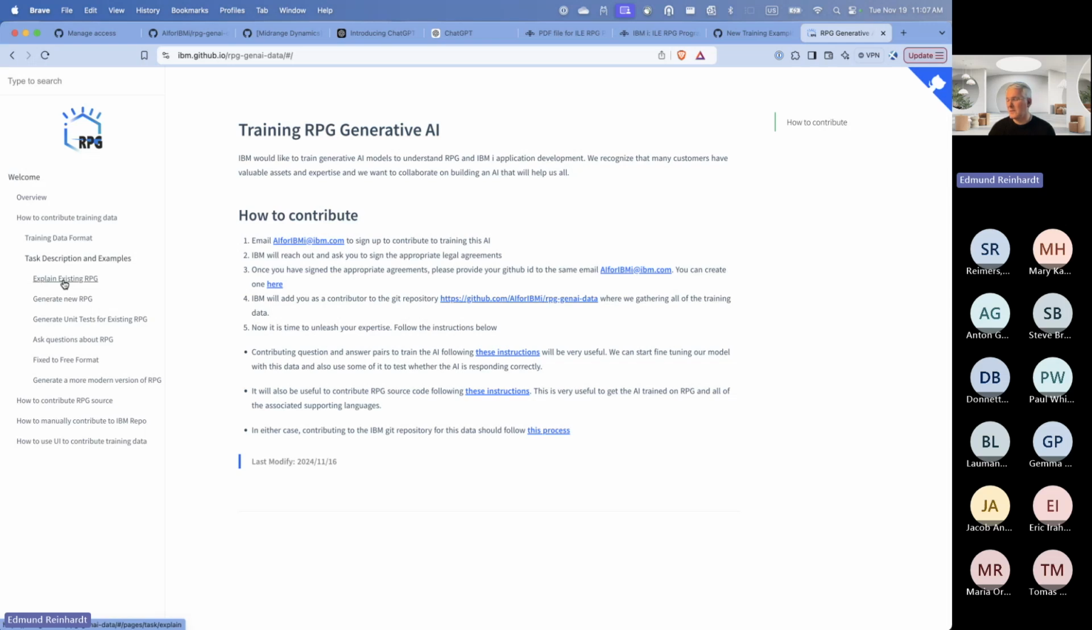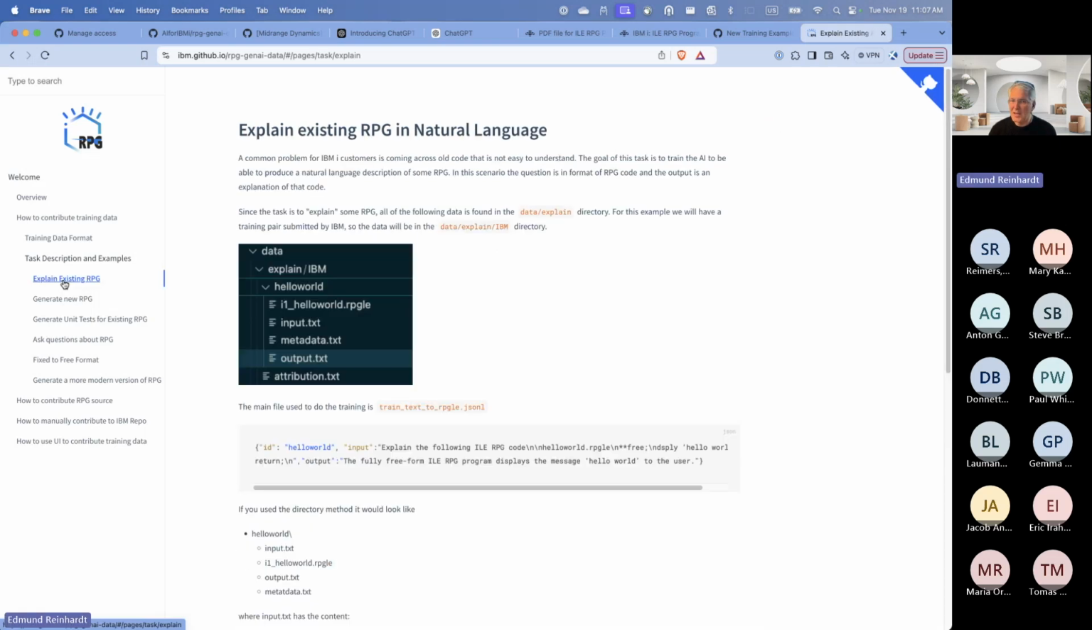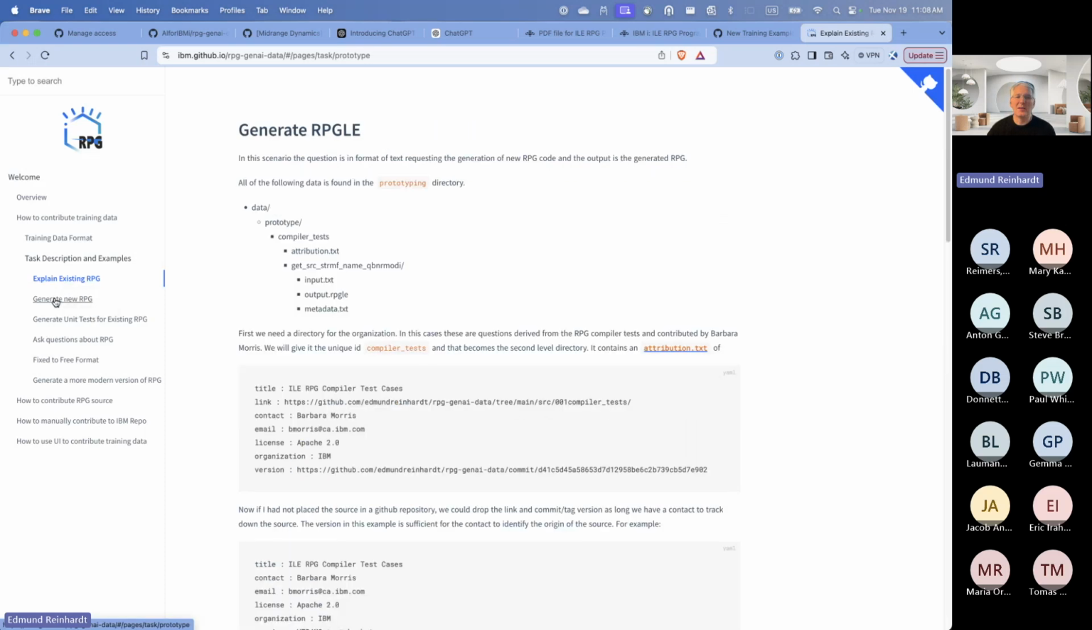The first one we're going for, because everyone consistently says this is their biggest need, is: given some RPG, provide an explanation. And we're actually making decent progress on this. I'm going to show an example of how to provide this type of input. The next one we're going to focus on is: I would like RPG to do X. Your input is the question, what do I want it to do, the specifications, and